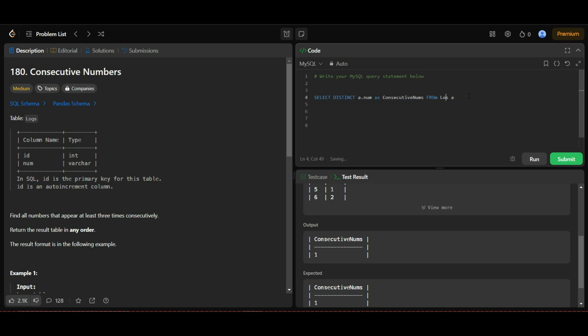We will be writing a self-join condition here. Join logs b